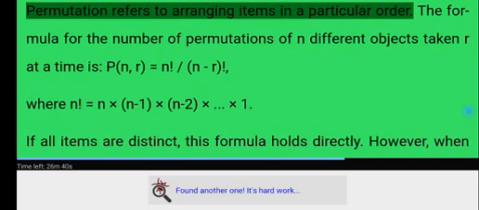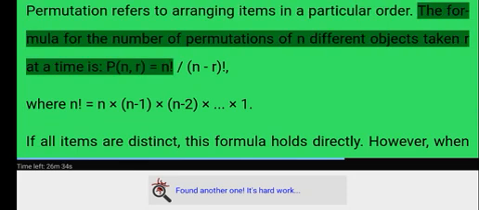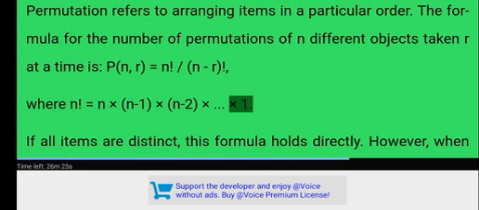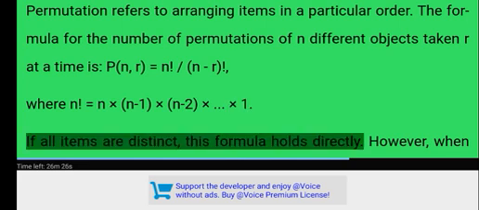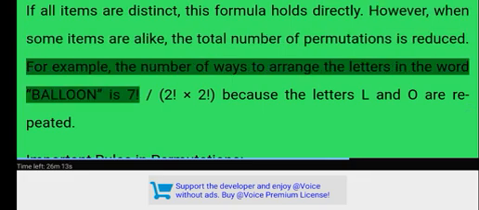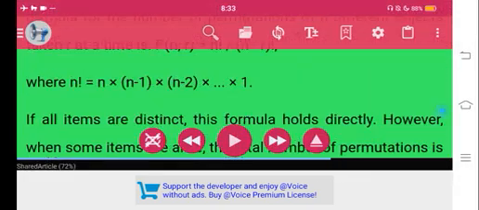Permutation basics. Permutation refers to arranging items in a particular order. The formula for the number of permutations of n different objects taken r at a time is nPr equals n factorial divided by (n minus r) factorial, where n factorial equals n times (n minus 1) times (n minus 2) times down to 1. If all items are distinct, this formula holds directly. However, when some items are alike, the total number of permutations is reduced. For example, the number of ways to arrange the letters